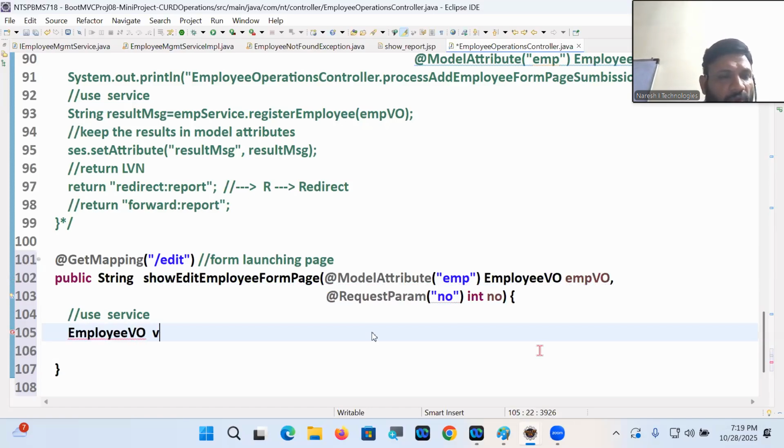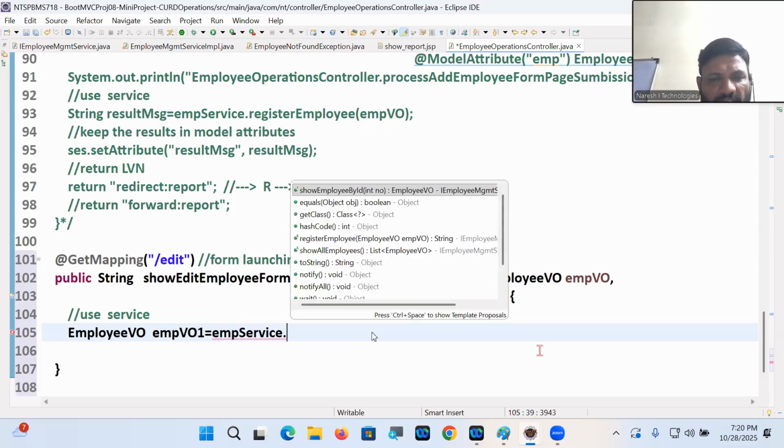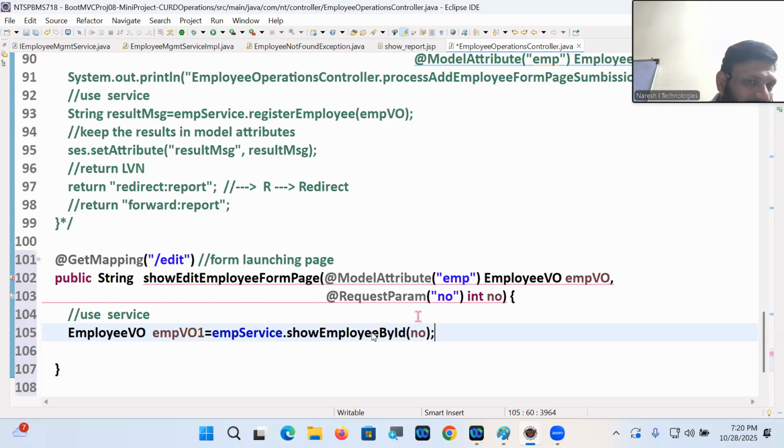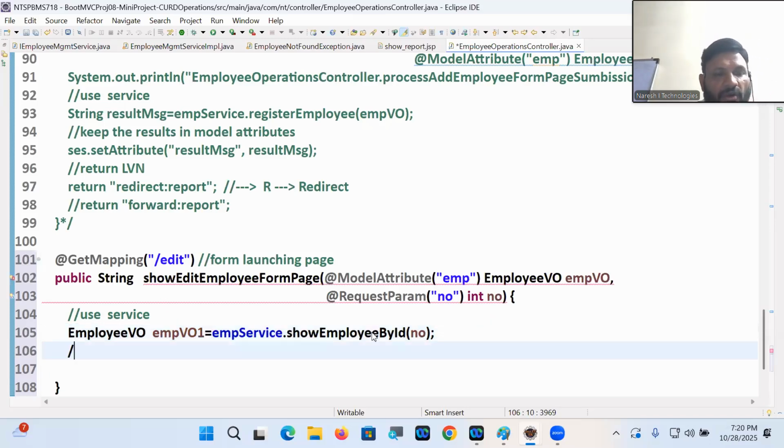EmployeeVO already, empVO1, because this is a new object I am taking. empService dot showEmployeeById NO. That's good. But we need this data in this object. Because this empty object is created, but new data has come in this other object. Okay. Copy